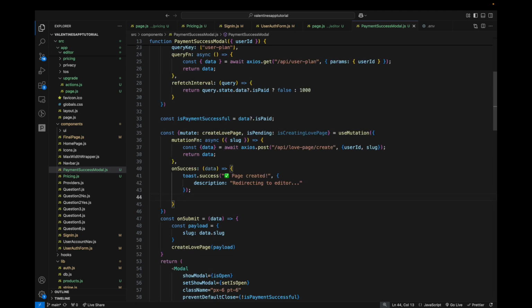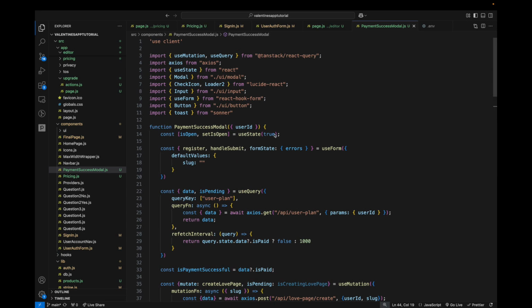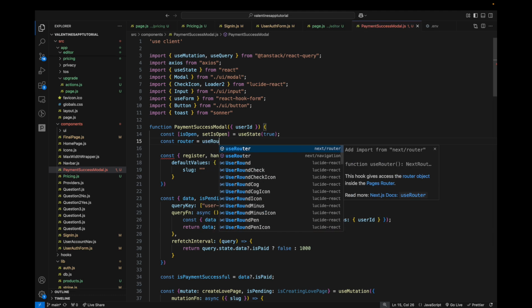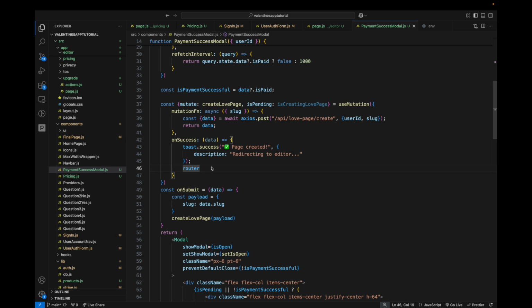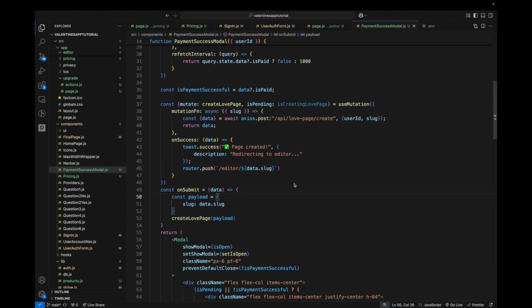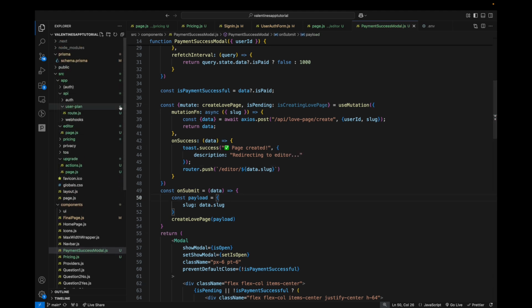Well, we need to actually redirect them, right? So let's say router, and we need to add this here. So const router is equal to useRouter, import that, and come down here, and let's say router.push. We want to push the user to slash editor slash data.slug. A lot has happened, but just so we don't forget, let's quickly create those files, even though they're empty,